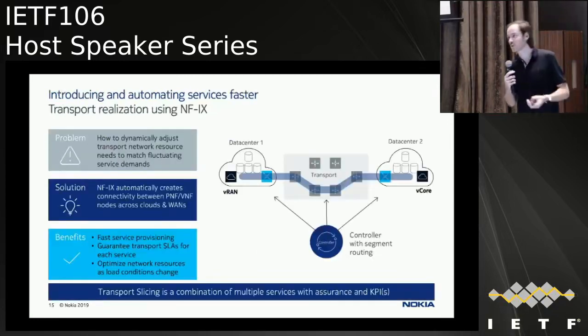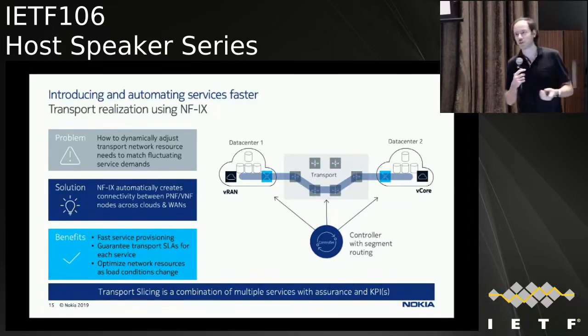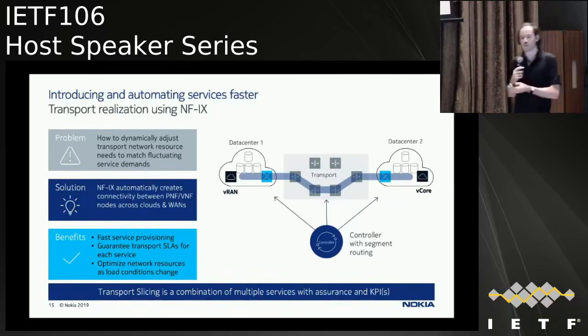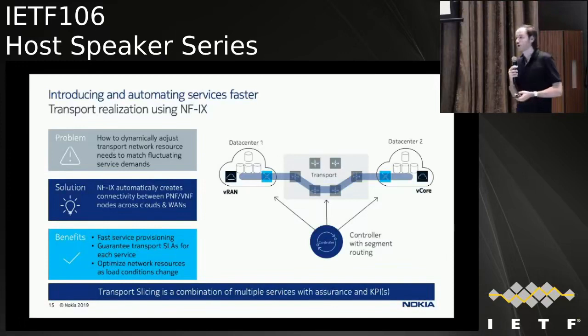So just a couple of examples of this. Wim spoke before about the edge-to-edge connectivity. This is one particular example here. We show connectivity being created between two data center environments for 5G. So this is connectivity between virtual RAN and virtual core. We can build this up because we can actually harvest and extract topology information from the network,